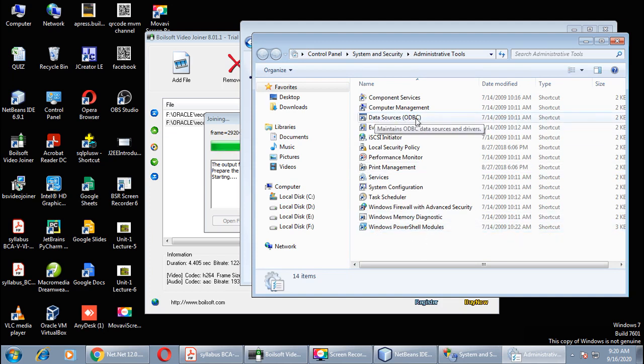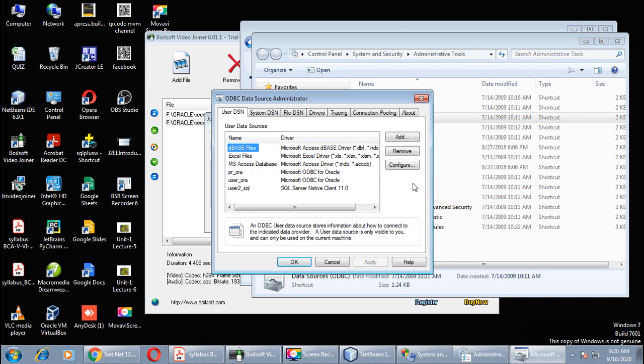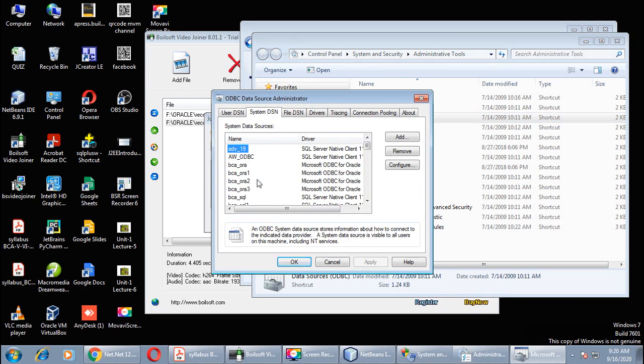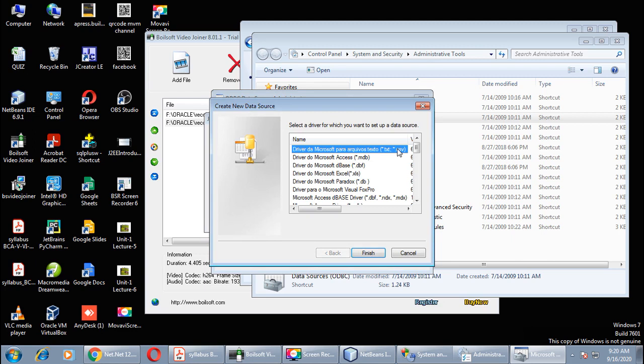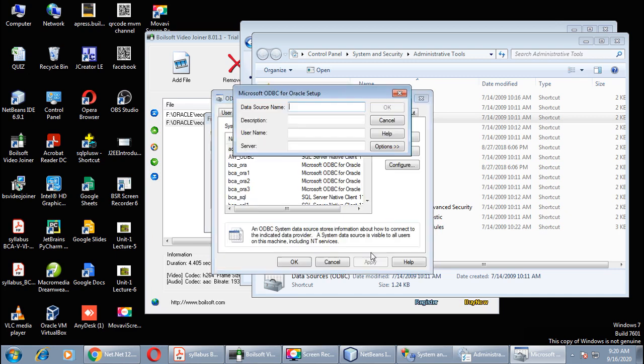Here we'll select the ODBC and choose the second tab, that is system DSN, and create your own DSN for Oracle, right? Click on the add button. From the list of drivers, we will select Microsoft ODBC for Oracle. Click on finish.